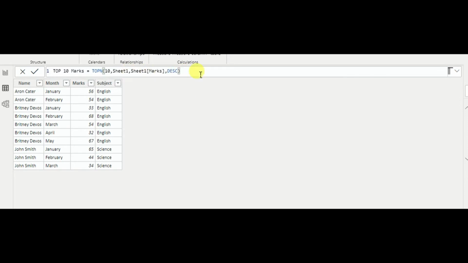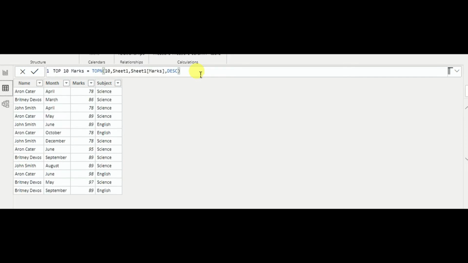Let's see what our output would be. Now I got the top 10 marks, but this is not yet ordered. Once we use this order by statement, the Sheet1 records get ordered and give the top 10 output, but in the new table the records are not yet ordered. So we'll see how we can order that.